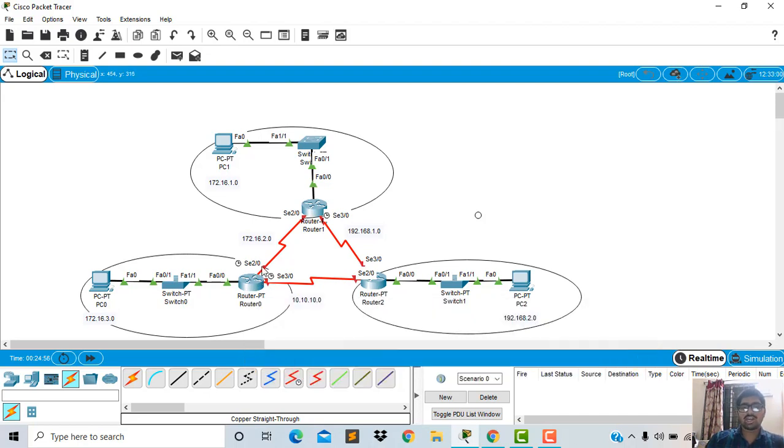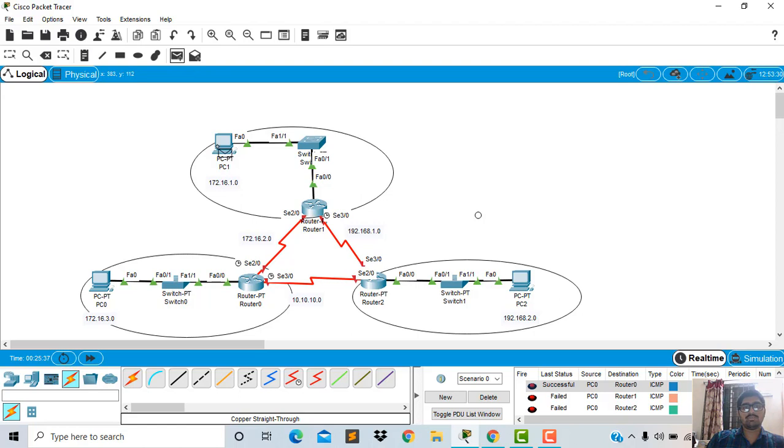When we see there is no connection between these three routers, the symbol is in red, down. Now we will send a packet from PC0 to router 0 to see if it is successful. We can see that it is successful because PC0 is connected to router 0. Now if I want to connect from PC0 to router 1, it fails because there is no connection between router 0 and router 1, and there is no connection between PC0 and router 2 either. If I send the packet, it also fails.